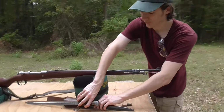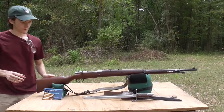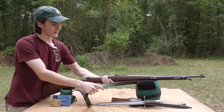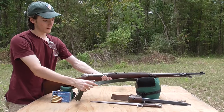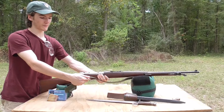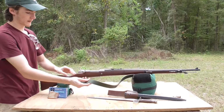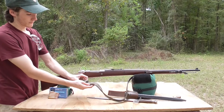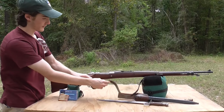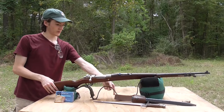And with these rifles, originally Argentina was going to order slings from Germany, but then somebody in Argentina realized that their number one export at the time was beef, and what goes along with every cow is leather, so they decided they should make their own slings and frogs. And it's a very nice leather sling that's painted green, and it's a really nice quality one that's in excellent